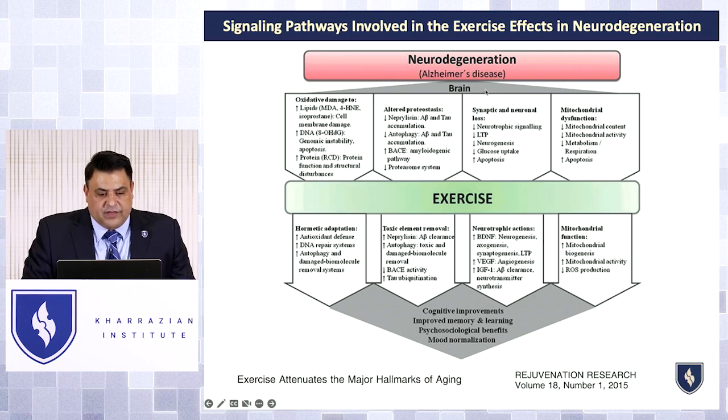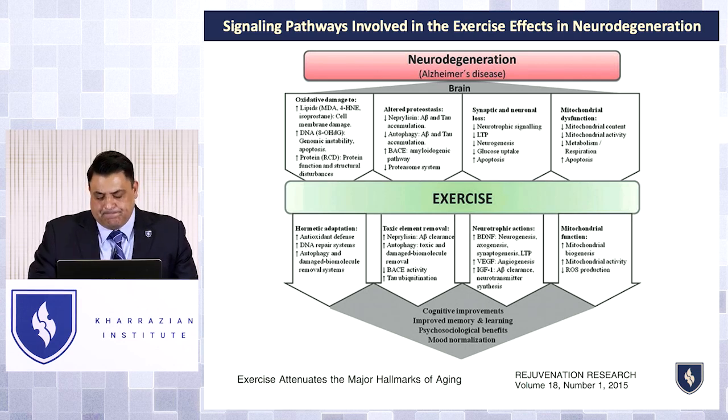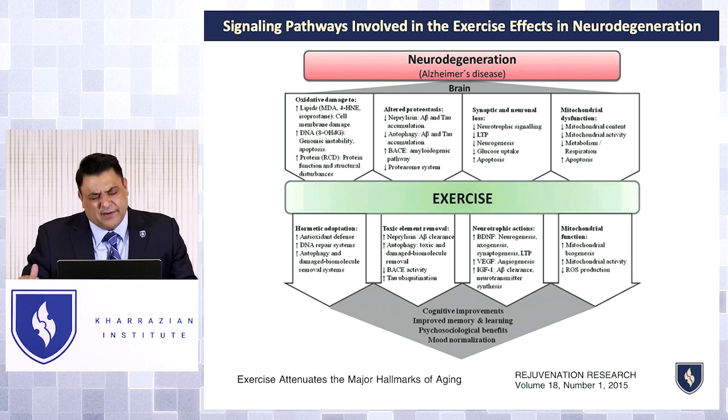So neurodegeneration, brain, you see all the different oxidative inflammatory pathways in play, and the exercise basically reverses all these major pathways. And we went into this in the cognitive decline course in great detail. So any physical activity is useful. So here's the thing, you have to think about it. If you have a patient who's sedentary, you just want them to move. If you have a patient that moves, you want them to exercise, but you can't exceed their threshold.